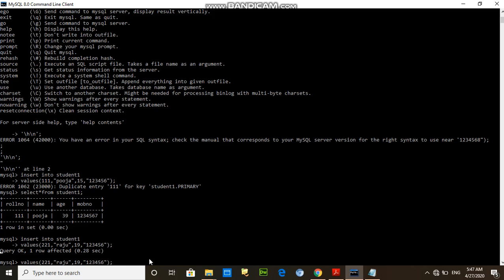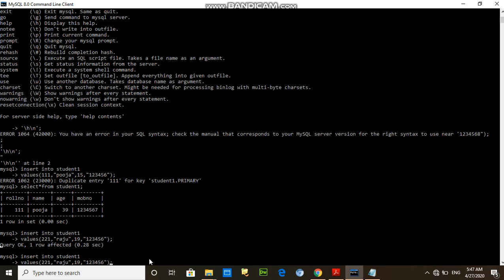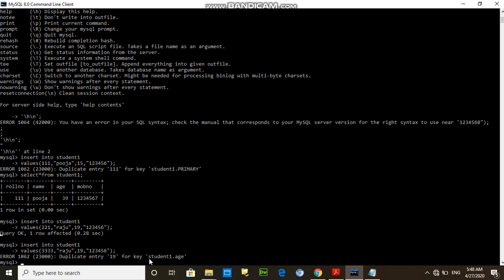So this value is also accepted. Again I am giving the next value, Raju and mobile number. This value will not be accepted because here the age is duplicated. That's clear. So this is the work of the unique key constraint.